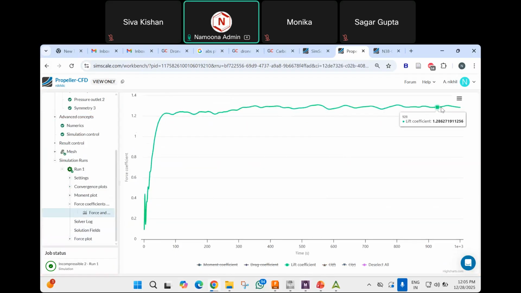So the lift coefficient is roughly around 1.2,